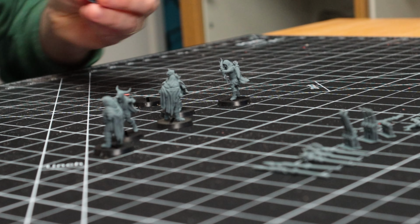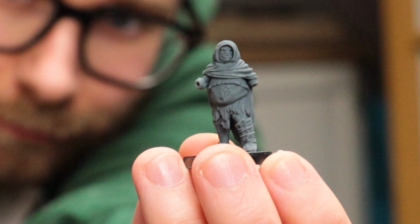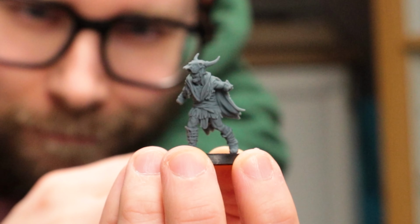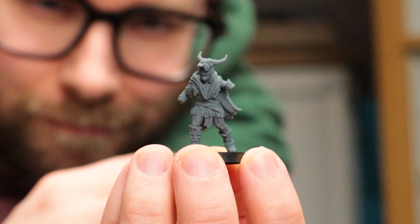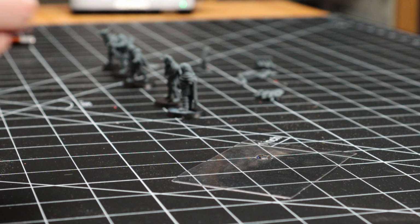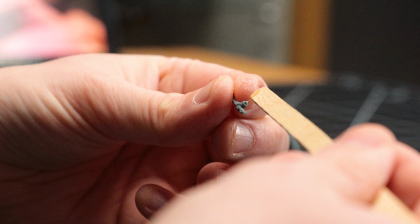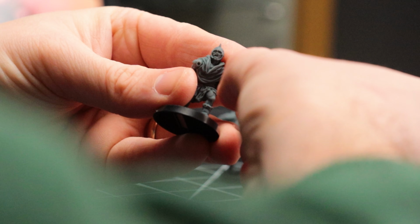So these are the minis I have been sent. As you can see, they come with various bodies and weapon options, so they are super customizable, and no two orcs need to look the same. There's a selection of daggers, swords, spears, staffs, and even clenched fists to make sure that every orc can be